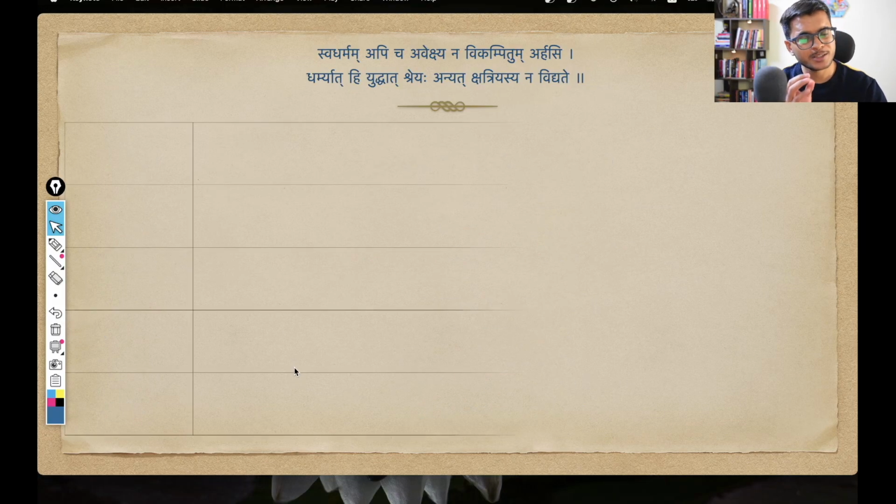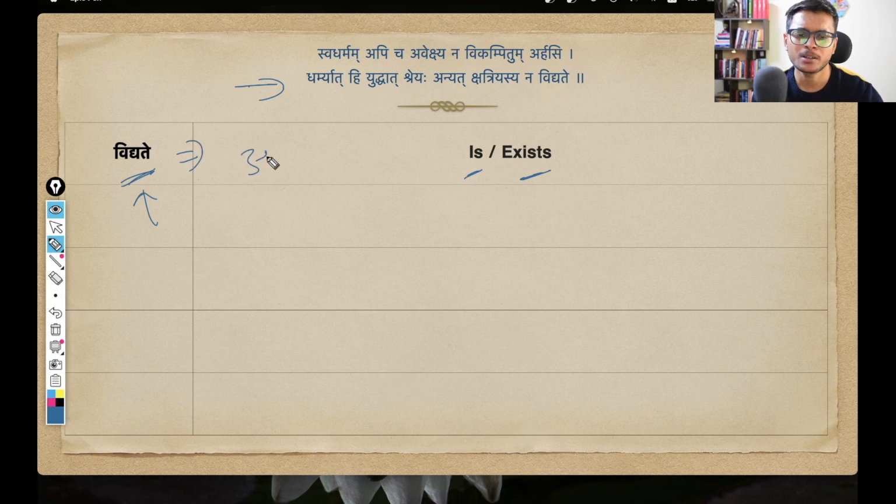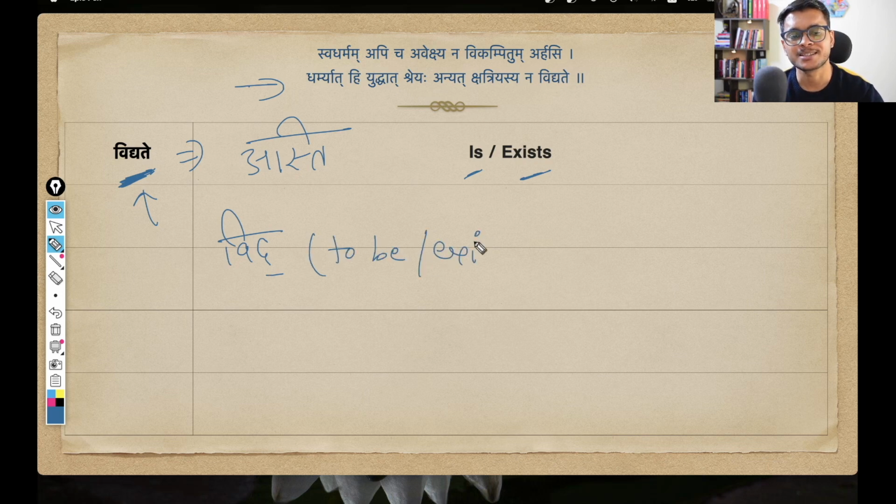And now on this topic, this swadharma, this one's own moral duty, Krishna is going to elaborate on that. So from this second line, we get this kriya pada vidyate. And vidyate means something is or something exists. So the more common kriya pada that we use is asti, right? Saha asti, he is. Balaka asti, the boy is. So similarly, we have this vidyate, is or exists. And this kriya pada comes from vid dhatu. Again, the meaning is to be or to exist.